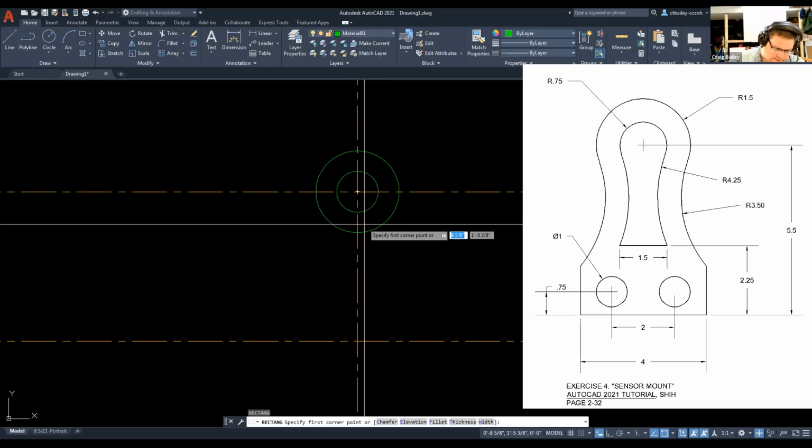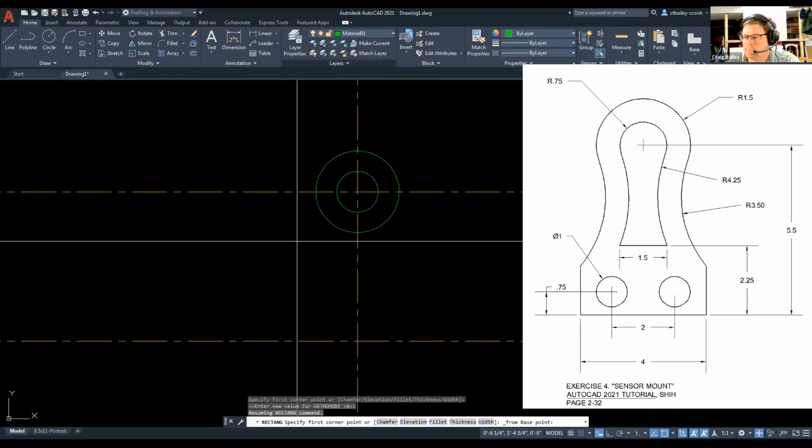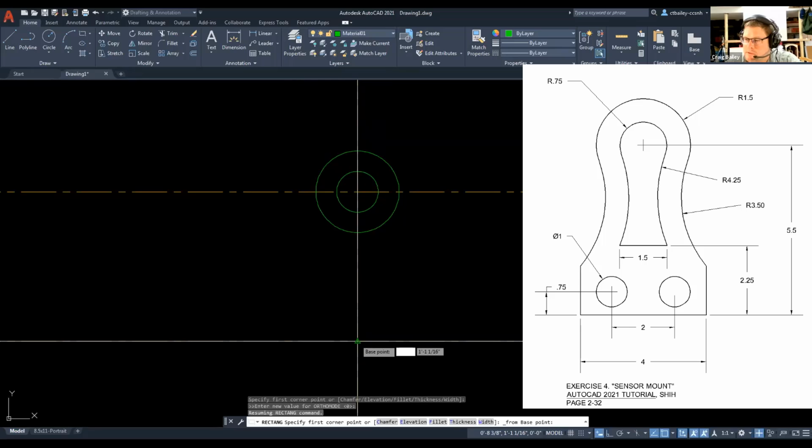And it looks like I'm looking in the book here on page 2-32, number 4, sensor mount. The rectangular portion is 4 inches wide at the bottom, and it is on that 5.5 datum. And so I want to go half of that, which is 2 inches from the center line. And so shift, right click from that intersection,